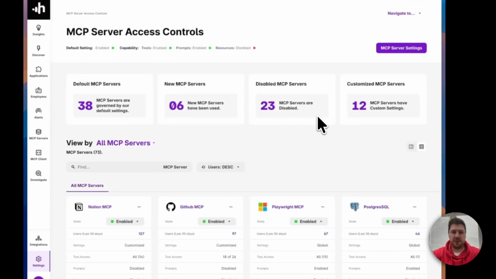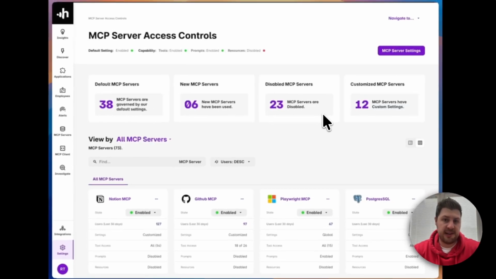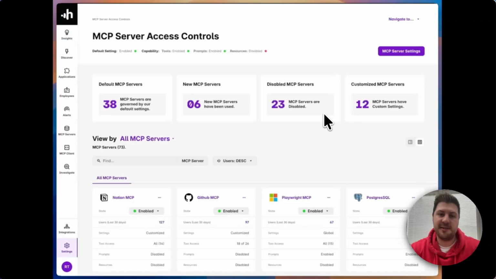Today, I'm really excited to show you our latest product, the MCP Gateway, a solution that brings visibility and control to model context protocol servers in your AI tools. If you're enabling AI in your organization and want to do this safely and securely, you're definitely going to want to see this. The MCP Gateway is a purpose-built tool for security teams who want to enable AI adoption safely. It gives you complete visibility into what MCP servers your teams are using and granular control over how they access